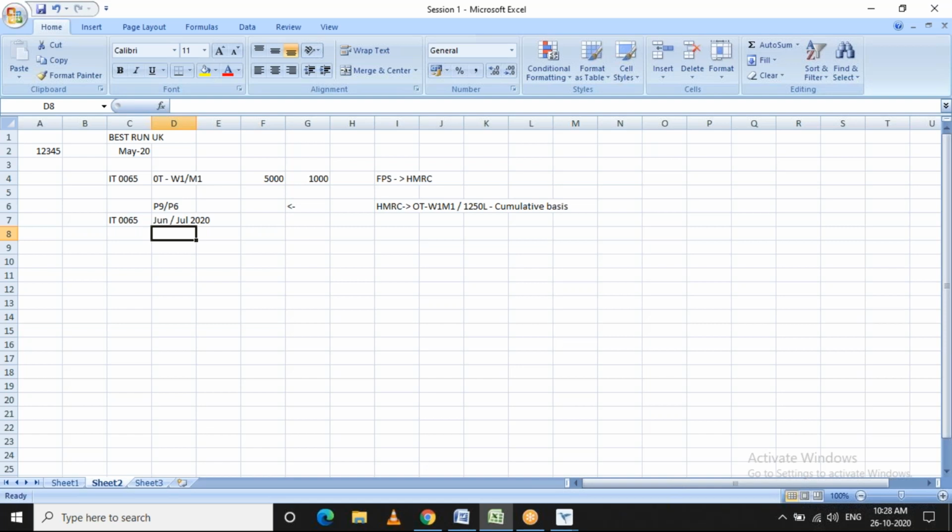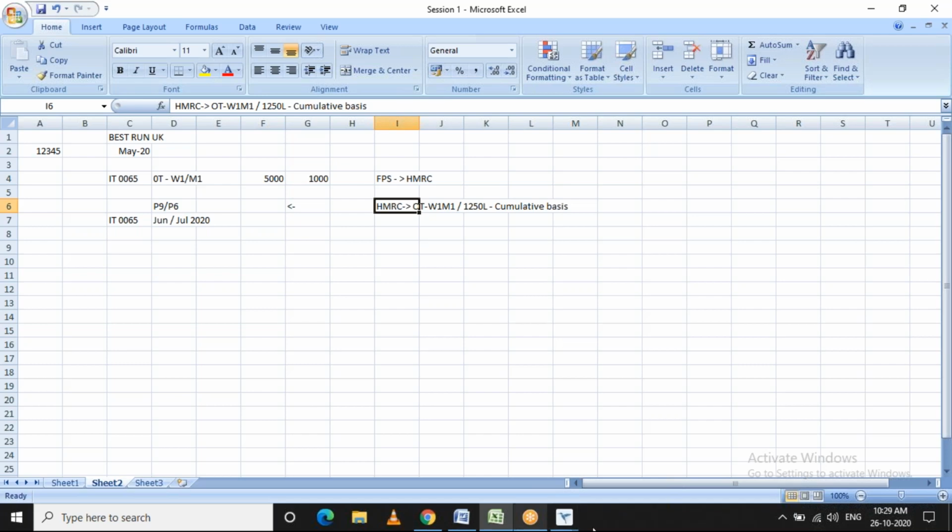And having said that, almost 90% or could be 80% will be on cumulative tax basis, not on week 1, month 1. Again, it depends. But that is again provided by HMRC, right? Yes, HMRC will provide that. HMRC will decide whether the employee should be on a week 1, month 1 or a cumulative basis. Okay, thanks.